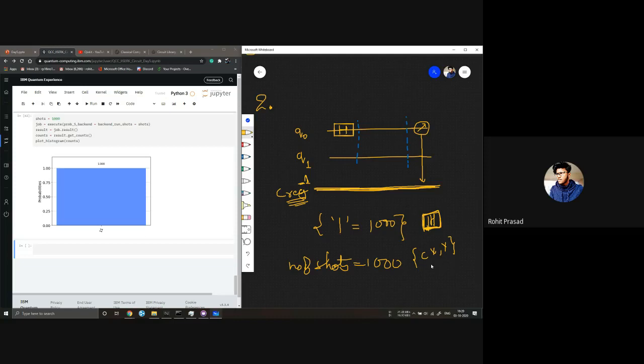And one more clue: for the lowest one, it will be something like 2 CX gates and 2 X gates.